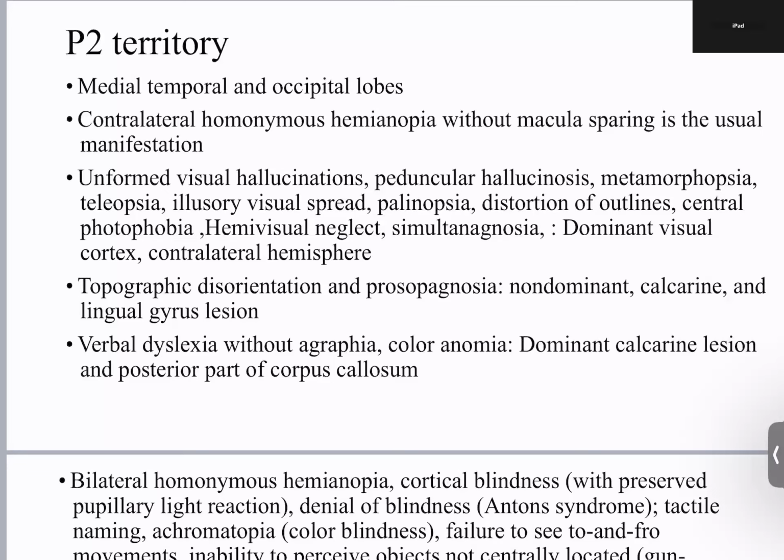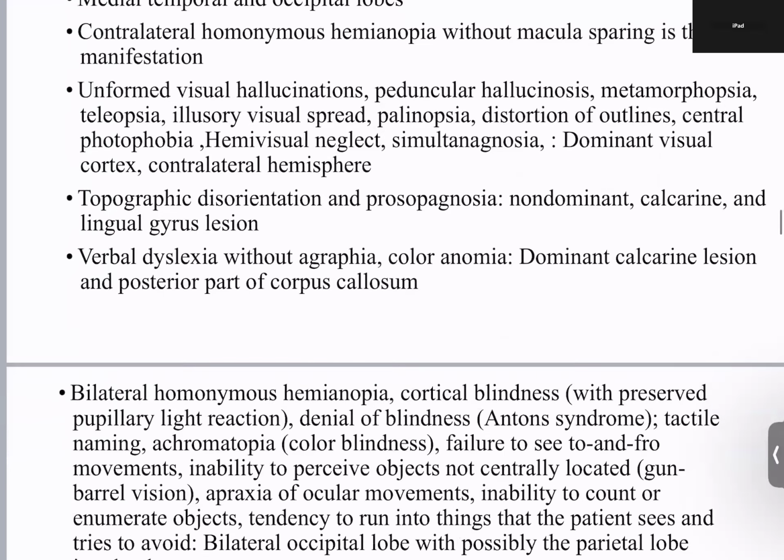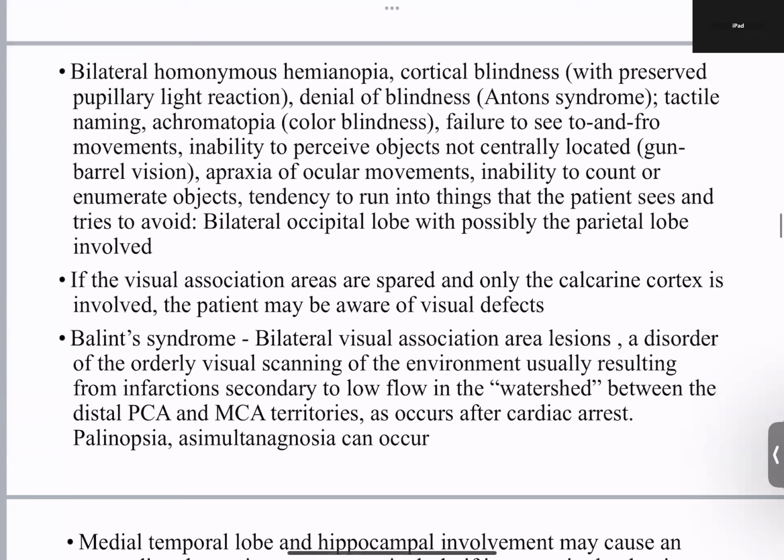If the dominant calcarine cortex is involved, there can be verbal dyslexia without agraphia and color anomia. And we have certain syndromes. Anton syndrome, that is denial of blindness, bilateral homonymous hemianopia, color blindness with preserved pupillary reaction, tactile naming, achromatopsia, that is color blindness, failure